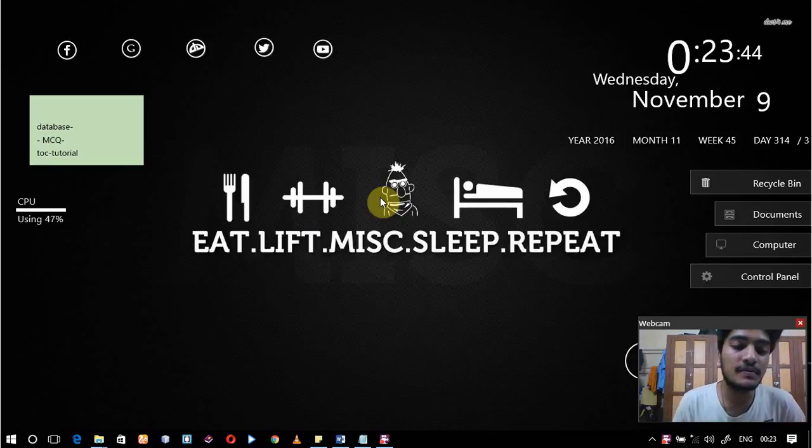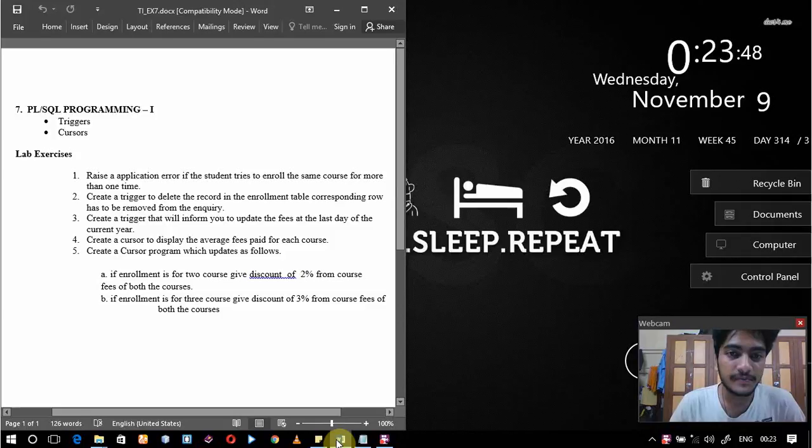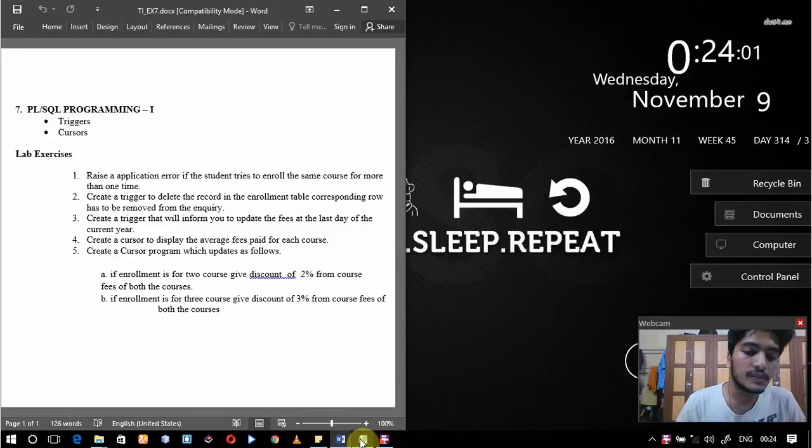In this lab session we'll see about triggers and cursors. A trigger is like a small program which can be triggered in between an application. It's a small application that can be called in between instructions. So the first question is,